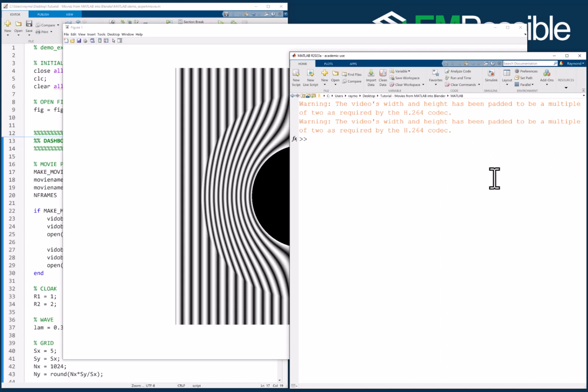The MPEG-4, the MP4, it's a little bit picky about its number of pixels, and if something's a little bit off, MATLAB just goes ahead and adds those pixels for you. But I'm surprised. I didn't think 1024 was a problem. But that's it. We have now exported those two movies,